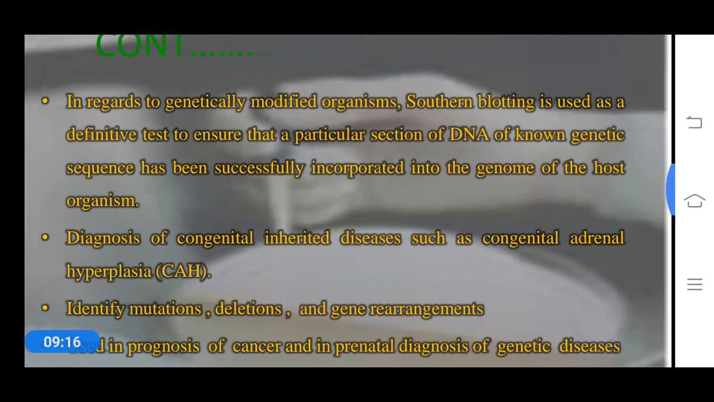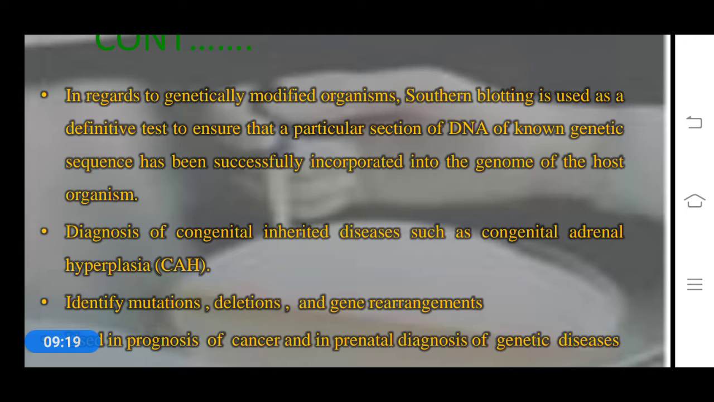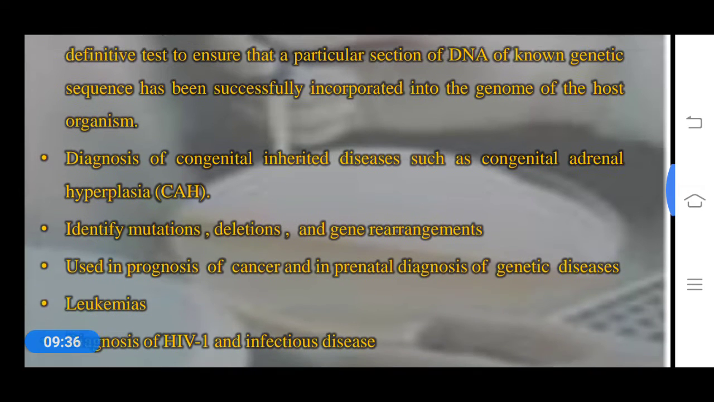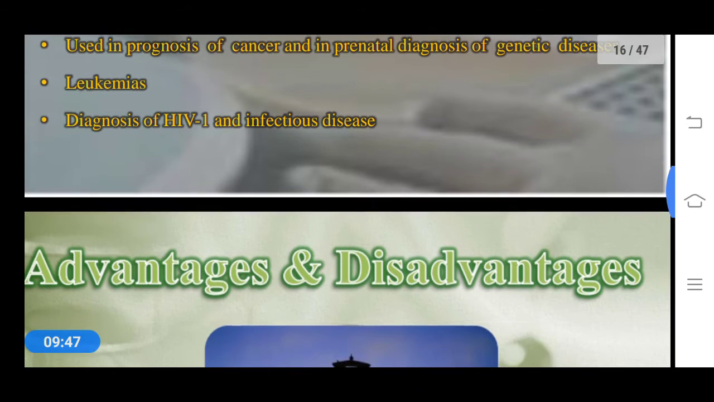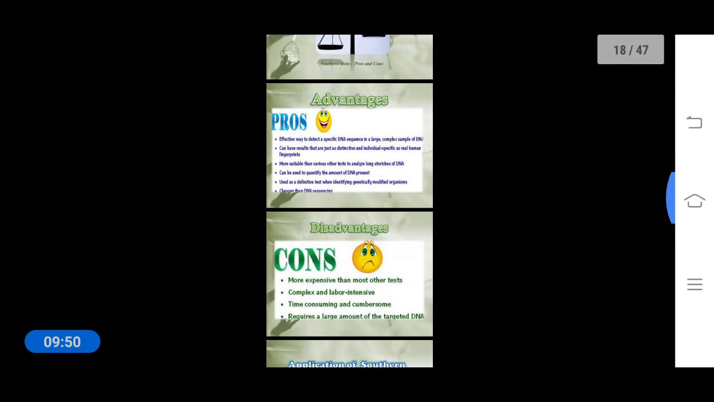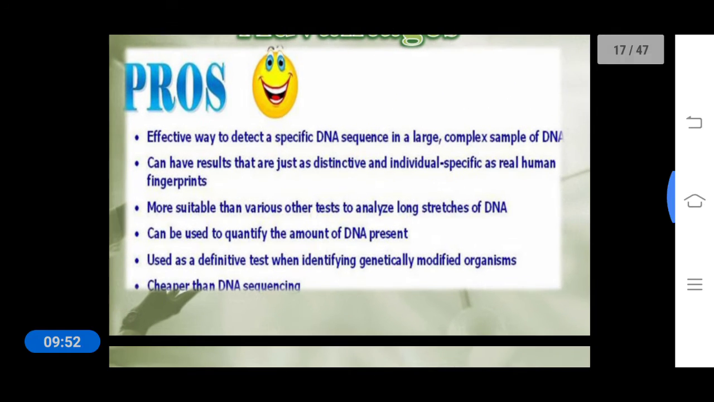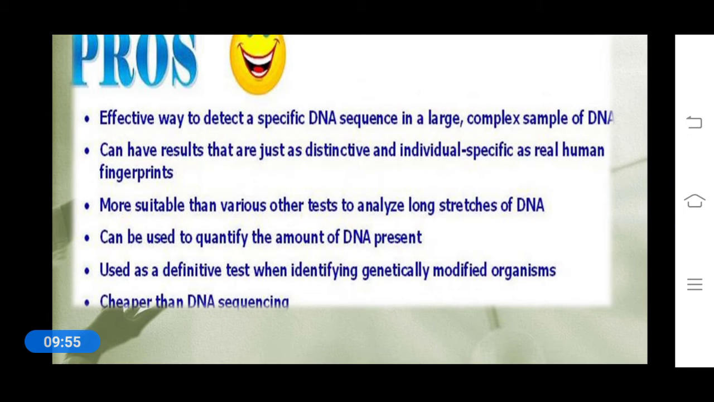Okay, and also in developing genetically modified organisms, Southern blotting is used, and also for diagnosis of congenital inherited diseases, for identifying HIV type 1, and for infectious diseases. In the diagnosis of cancers and genetic diseases, leukemias, this particular Southern blot is used. If you see the advantages, this is an effective way to detect specific DNA from complex